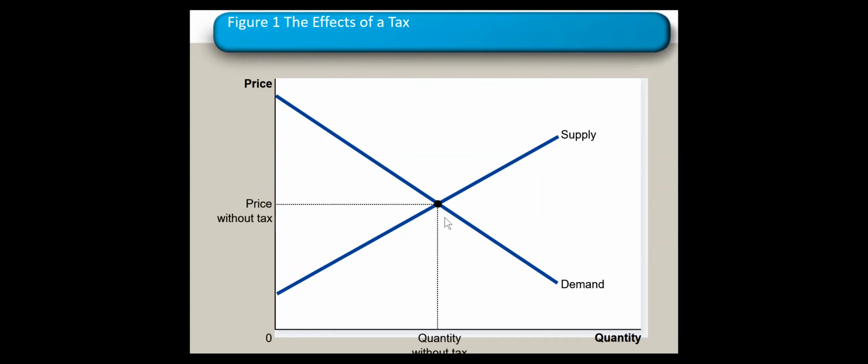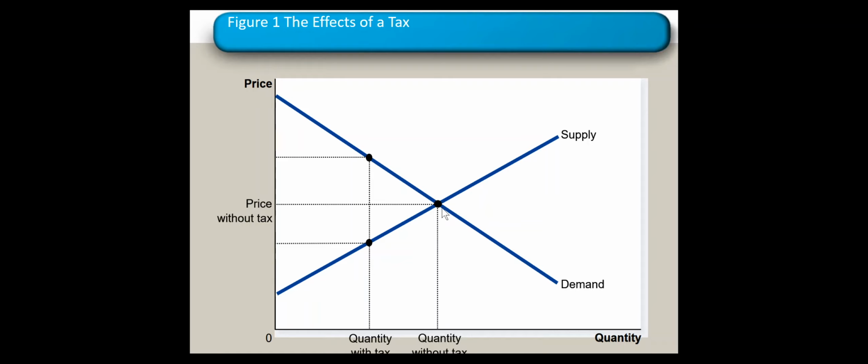Now this is around the equilibrium. Under the assumption of a free market, that means there is no tax and no interference from any central planner, the quantity produced and the quantity consumed is at the equilibrium. So this is the equilibrium quantity. The price and the quantity without any tax are exactly at this equilibrium. Okay. So now if we impose a tax, what happens?